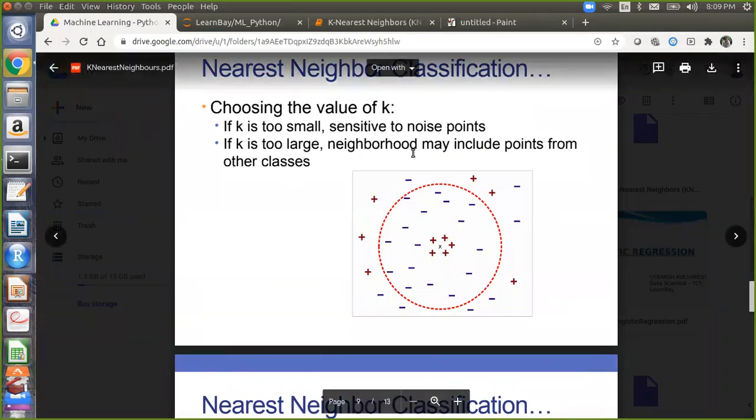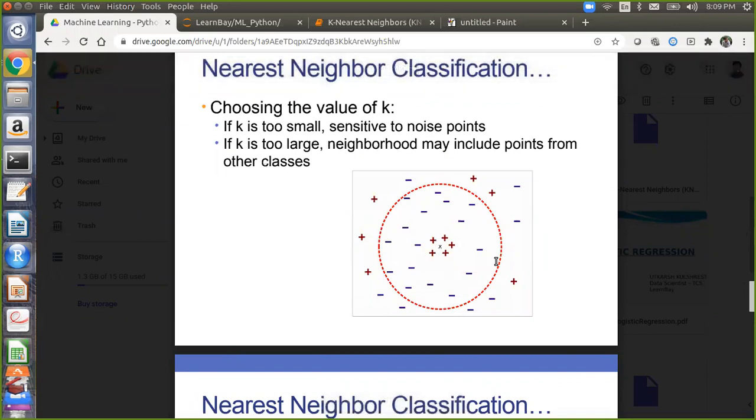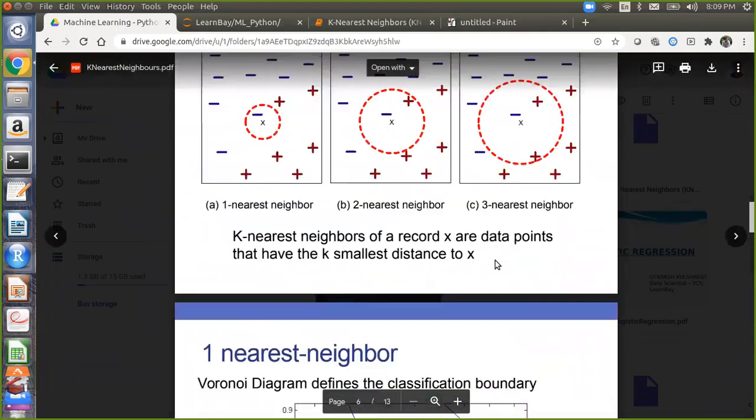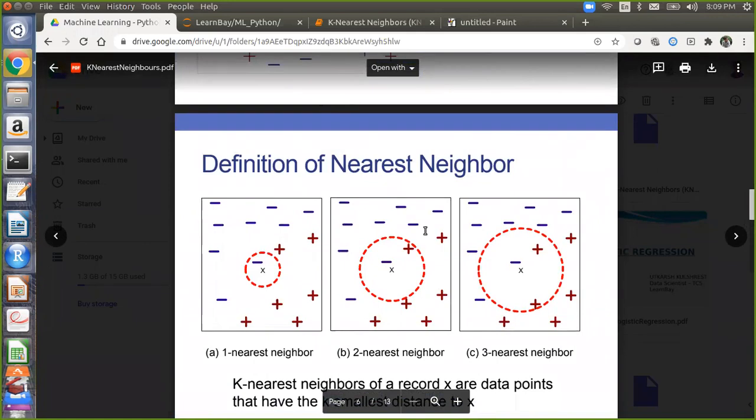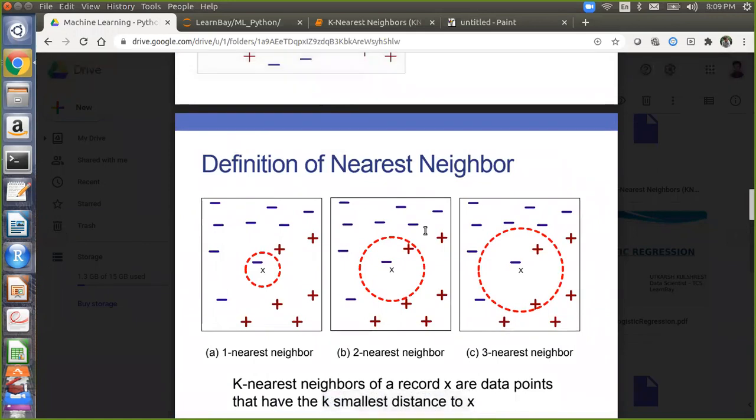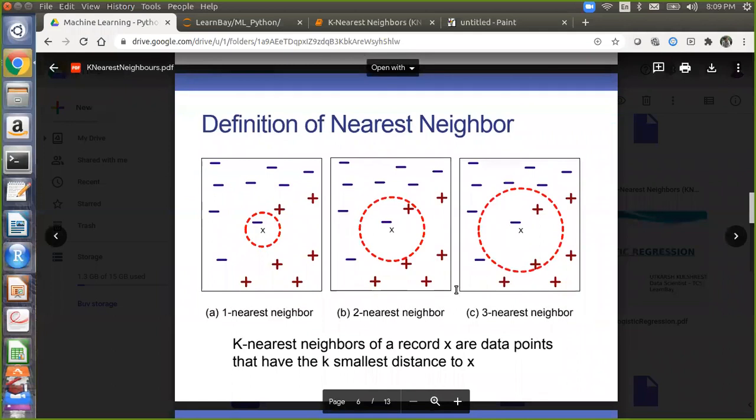If k is too large, the neighborhood may include points from other classes. So the actual class of this X should be plus, but because you have taken k as a very large number, it will be misclassified and predicted as minus. So you have to find the optimal value of k, on which you will be able to get correct predictions.